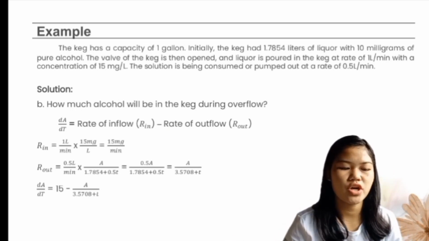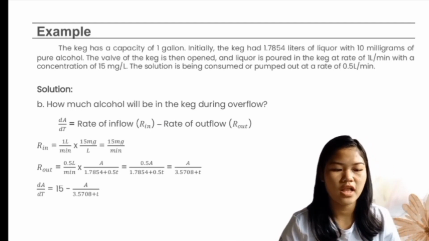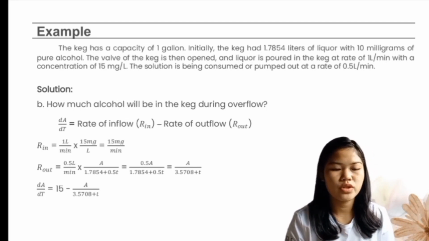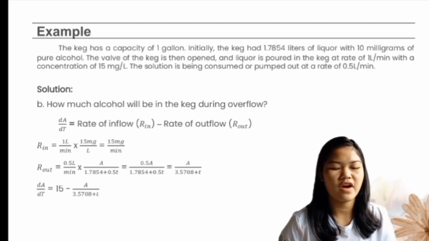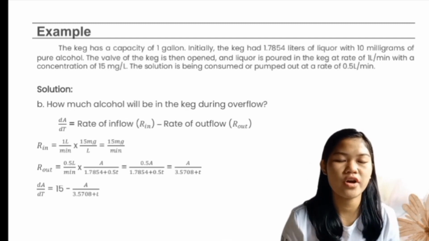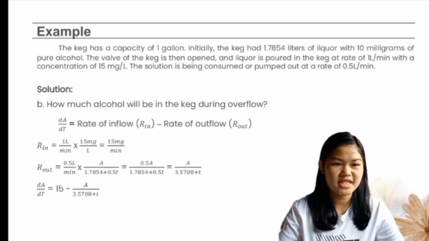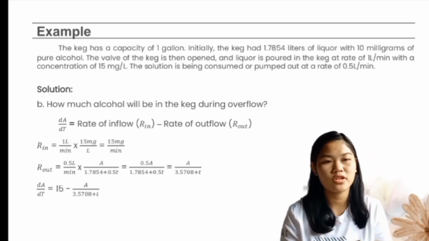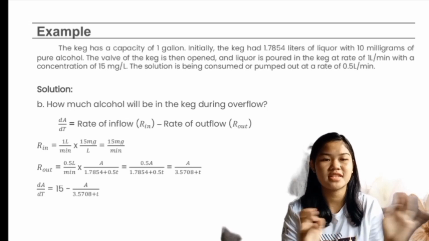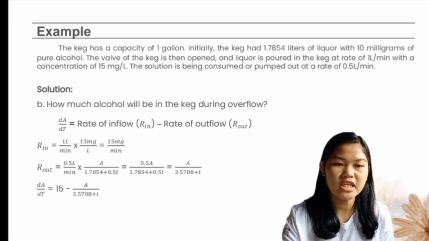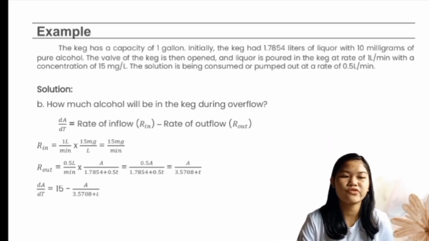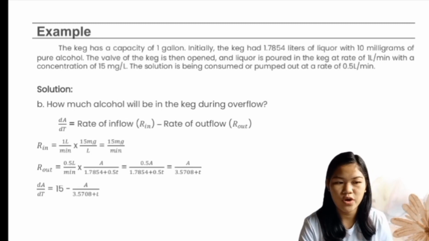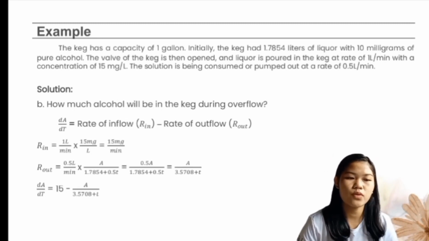We have here the equation: the rate of change of A, which is the amount of alcohol, with respect to t, which is the time, is equal to the rate of inflow minus the rate of outflow. This is from our original equation, which is the rate of change of substance in a volume is equal to the rate of entrance minus the rate of exit. So here we have to solve for the rate of inflow minus the rate of outflow. But first, we need to find the rate of inflow. So the rate of inflow is equal to